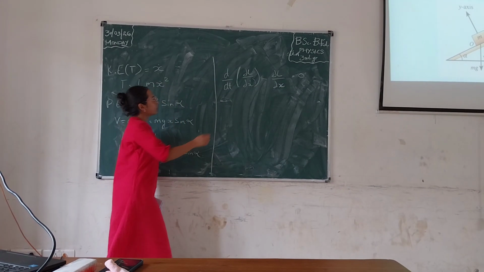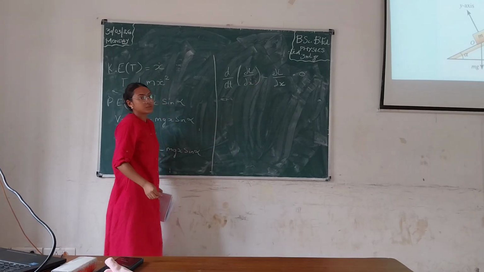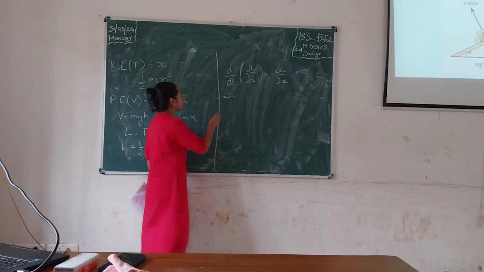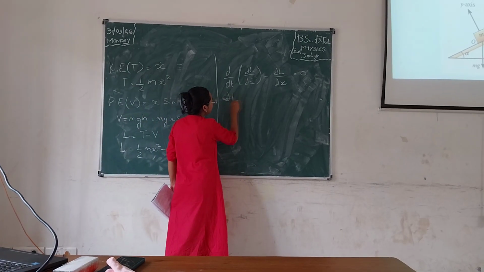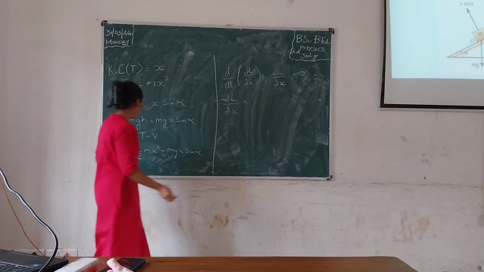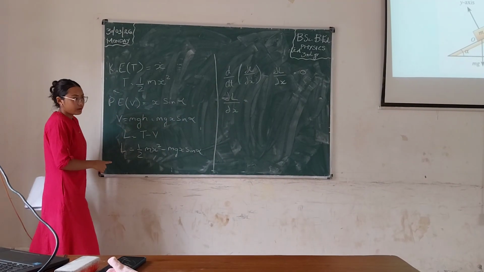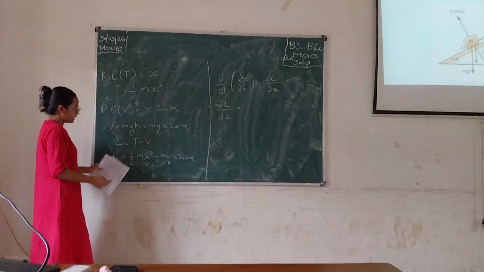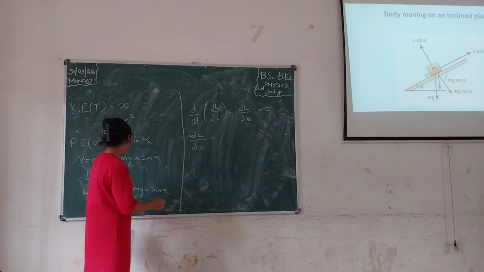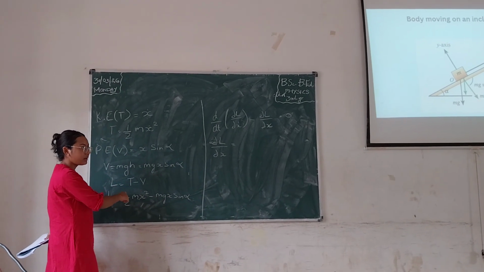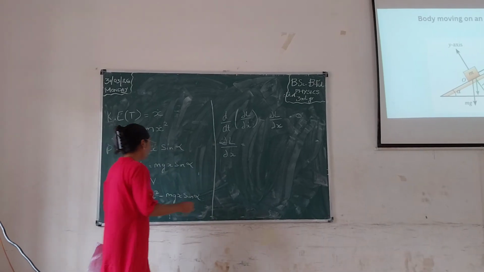So first, using this Euler-Lagrange equation, we will differentiate L with respect to x dot. So dou L by dou x dot is equal to, from this Lagrangian, as you can see, x dot is only in the term T, not in the term V, right? So we will take only the term T here, that is half m x dot square. This 2 will come this side, so the 2 will be cancelled, so it will be m x